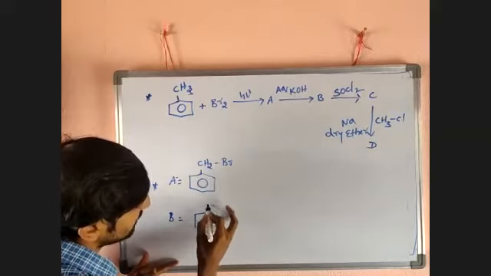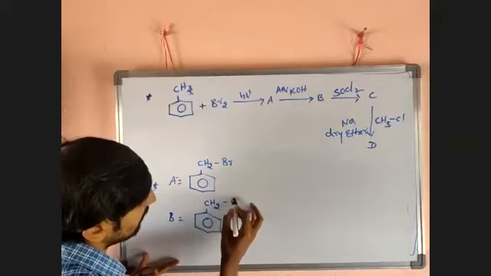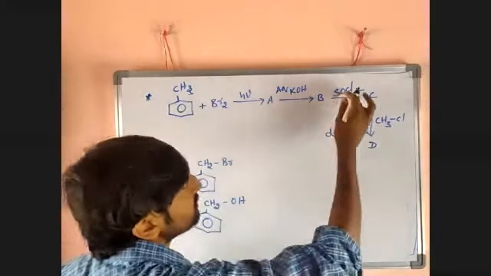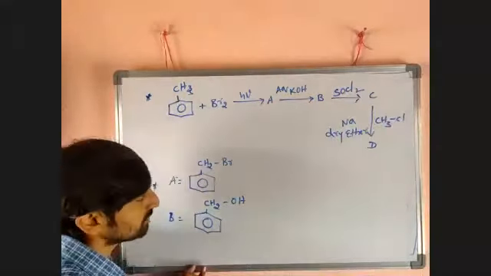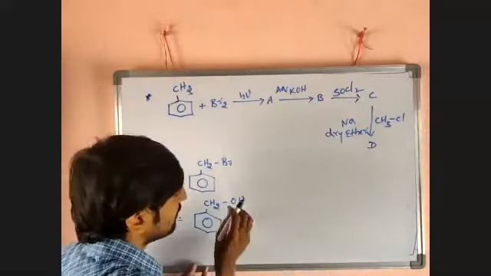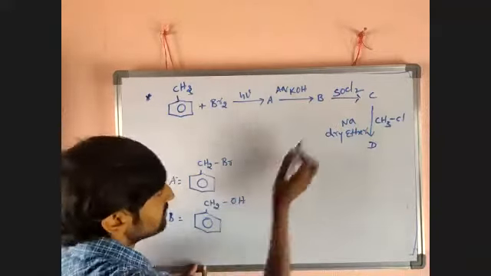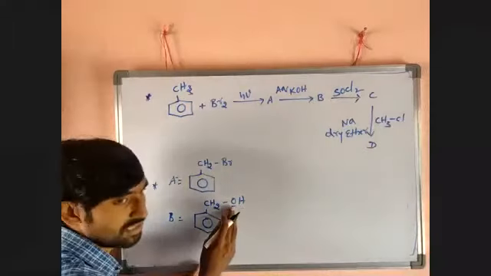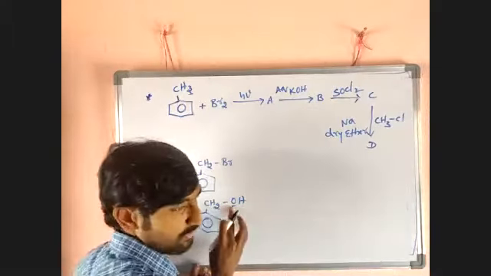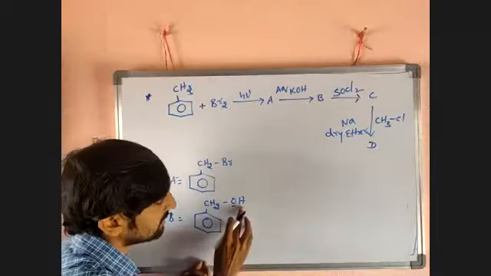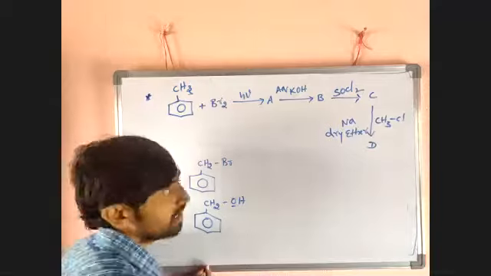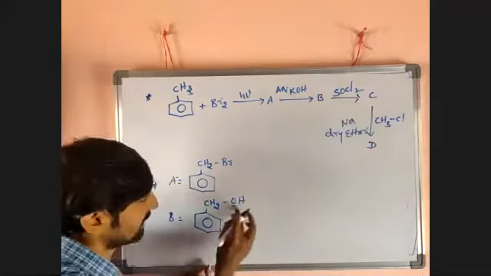There you will get CH2 and along with OH. OH will be attached. Then it reacts with SOCl2. There, one of the oxygen and one of the amino will get another oxygen. SO is there now, but SO will get that oxygen and be eliminated in the form of SO2. The remaining H will get that Cl and be eliminated in the form of HCl, and the remaining Cl gets attached.